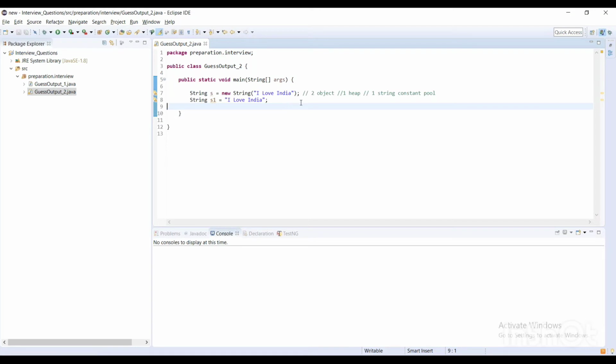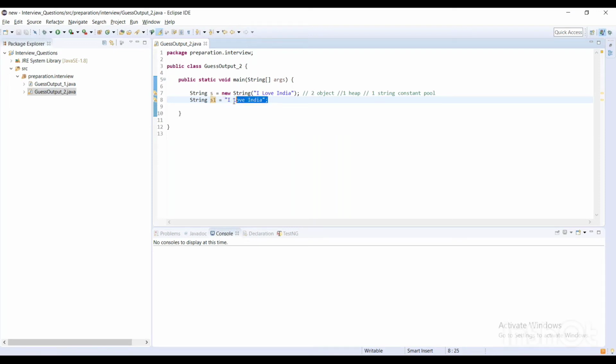So the answer will remain the same, only two objects, because when we write String s1 = "I love India", it will first check in the string constant pool. We have already written this line and the value is stored in the string constant pool, right? So from the string constant pool it will just pass the reference to this s1 object.